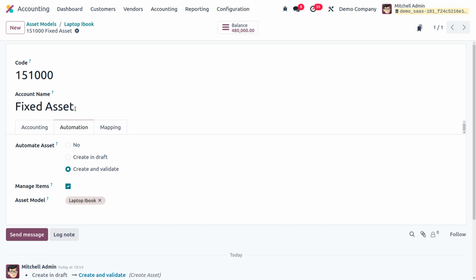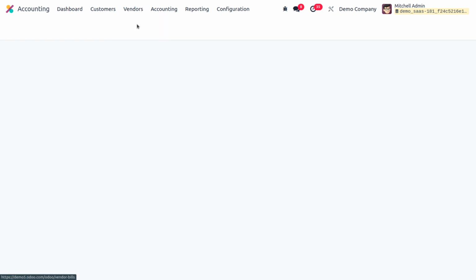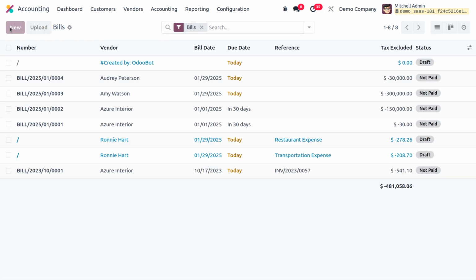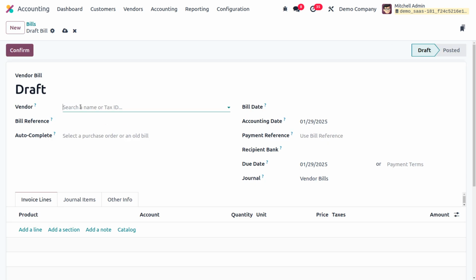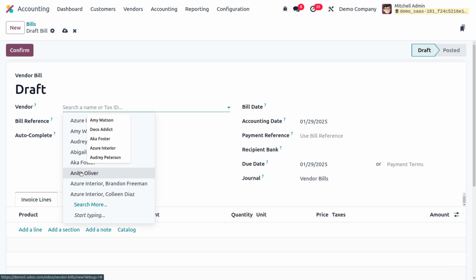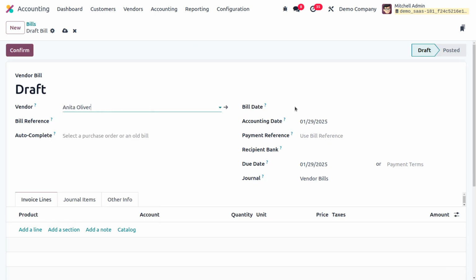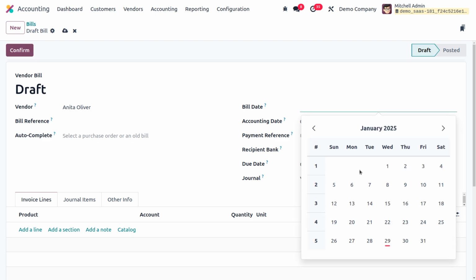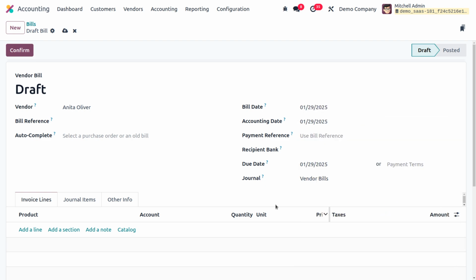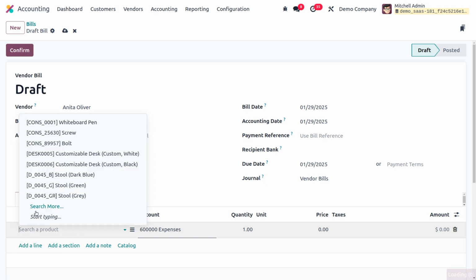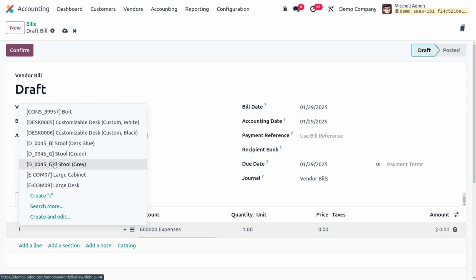Now, once this is done, I'm going to create another bill. Let's click on new, and I'm going to fill out the details over here. I would like to choose the vendor Anita Oliver, and let me set the bill date over here. Once that's done, the next step is that we have to choose the product.